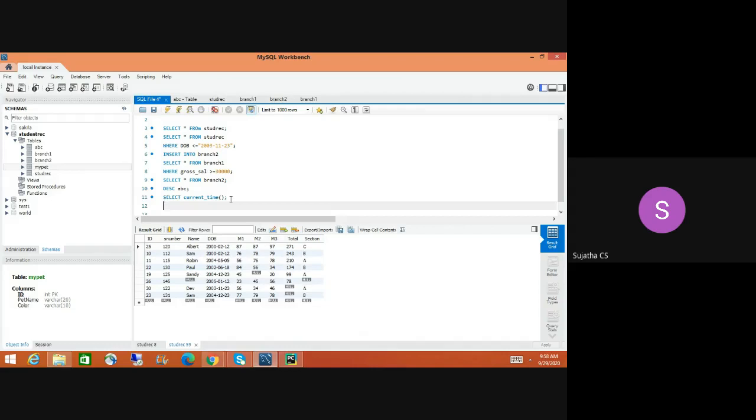How do you write it? Select, for example, name, comma, section, comma, total as, and I can use any word, student total, or just any nice name instead of total.